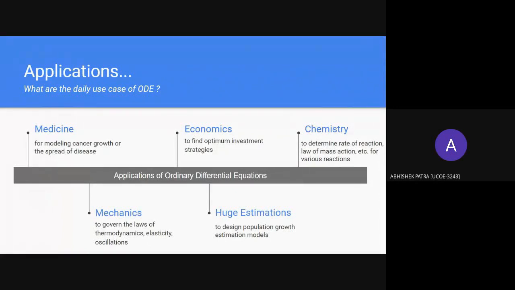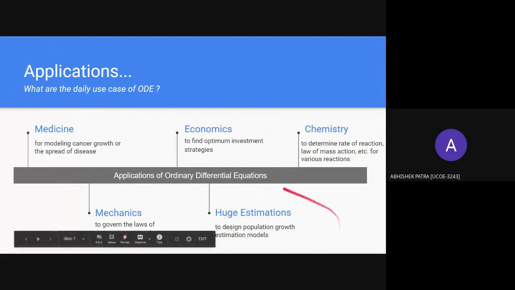So we need a differential equation to define this concept mathematically. Fluids. Fluids are substances that can flow. Fluids can change their directions through flow according to the external environment, like velocity of wind, pressure, etc. Hence, to describe and predict the directions of the flow of the fluid, differential equations are used. Population estimation: to design the population growth estimation model.